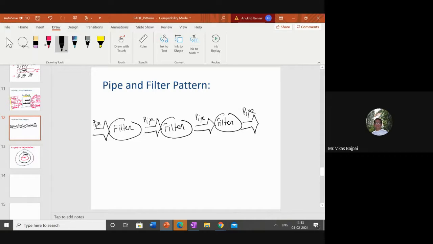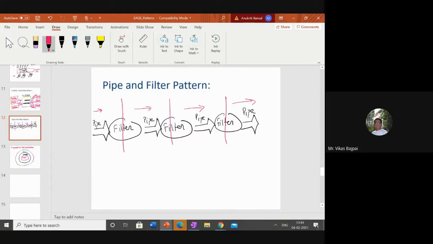Every time I'm giving some information, a filtering takes place. From this filter, the information is further passed on, once again a filtering takes place, and once again there is an output. At every step we see some amount of filtration. That can be a minor transformation, a major transformation, or just trimming or appending some information. Anything is possible.